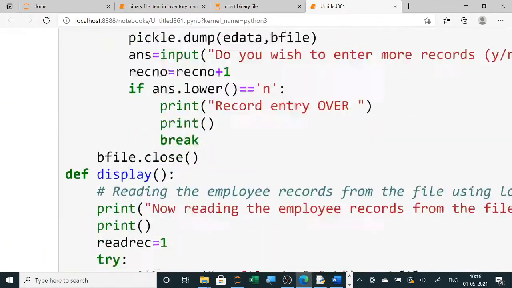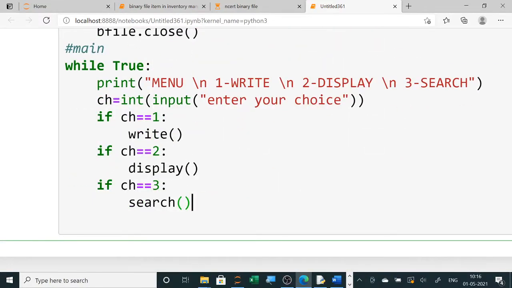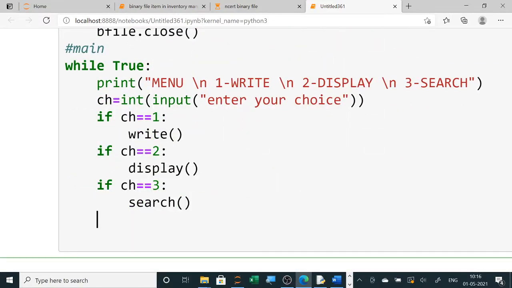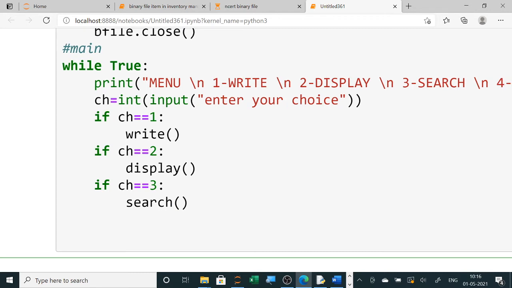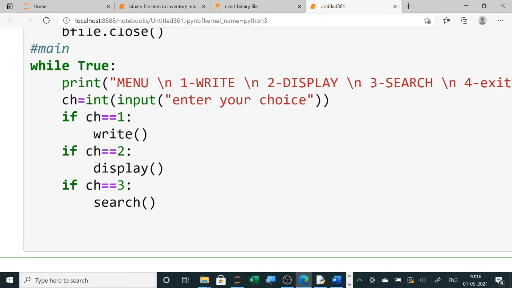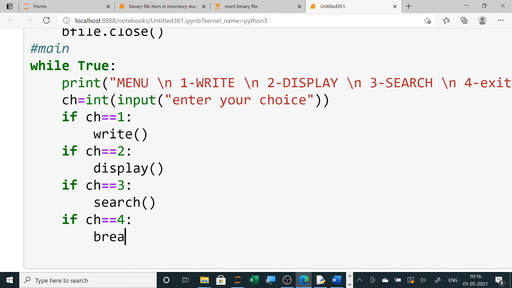So here we will do one thing: if suppose you have written \n and then 4 to exit, so directly in choice 4, you can use break. So here, if choice 4, then print thank you and break. Over.